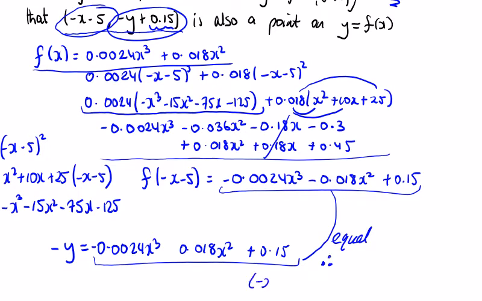Therefore, that point minus x minus 5, just get rid of the bracket, comma, minus y plus 0.15